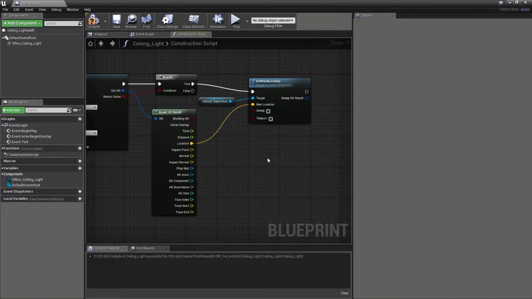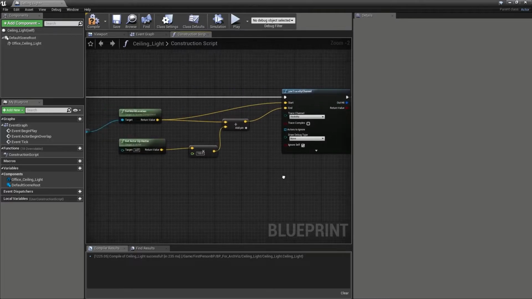In other words, wherever our hit lands and is within the specified distance value, the info collected will now be passed on to the set world location node, which in turn can now set the new location for the specified actor in the blueprint. To keep our graph as clean as possible, let's come all the way to the start